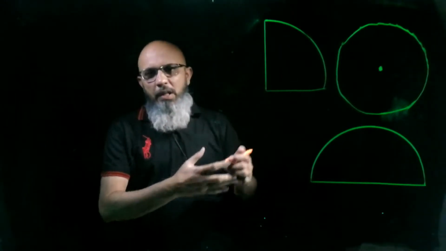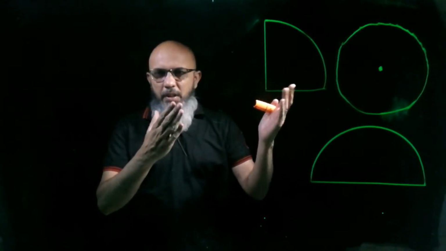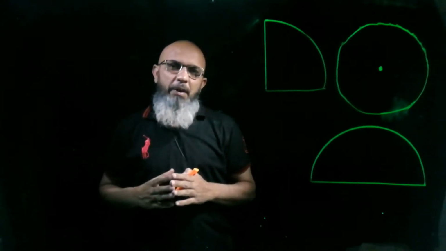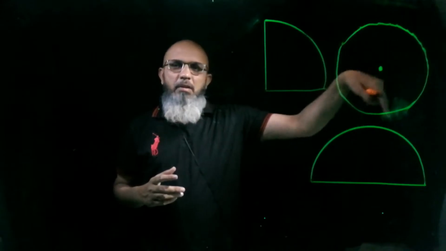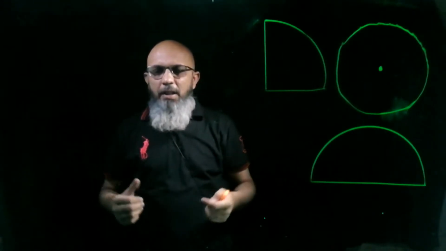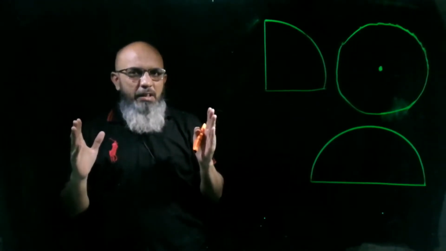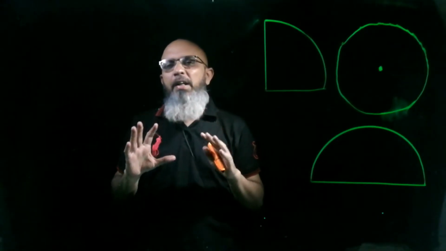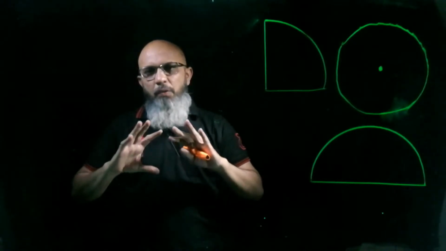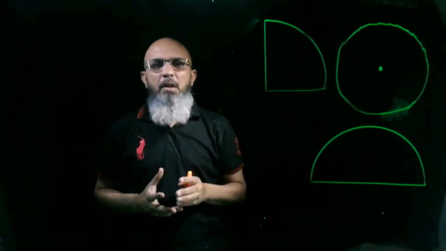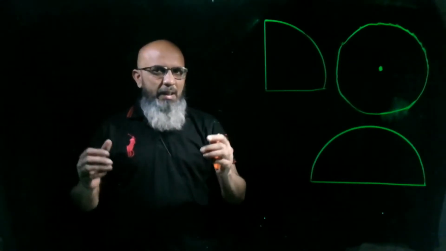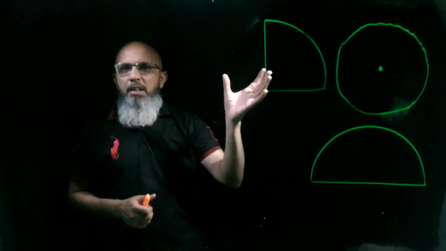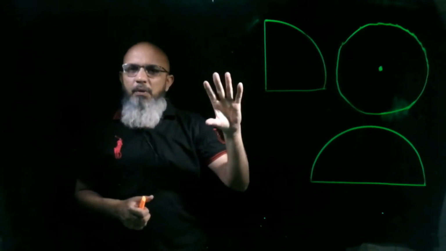As you look at the board, the shape is telling you the topic. The topic is circle. What is the circumference of a circle, what is the area of a circle, and how will we find the circumference or perimeter and area of different parts of a circle, right? So let's start today's lecture. Our topic is circle, area and perimeter of a circle.